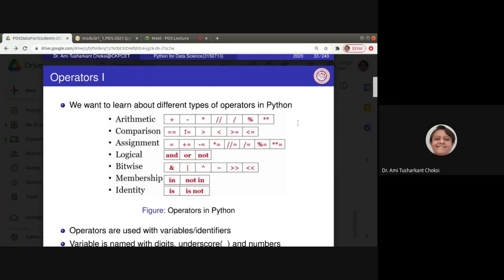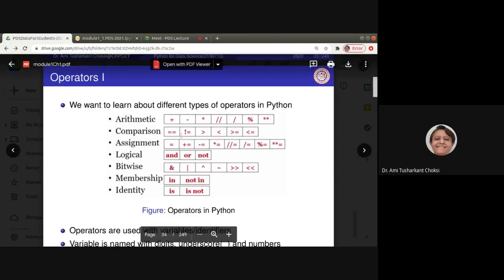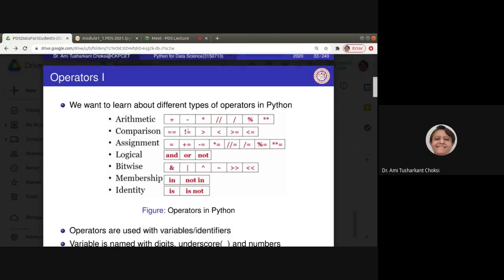Okay. Then after comparison operator, equal, checking whether this is equal to this or not. Not equal. This variable is not equal to this variable. Greater than, variable 1 is greater than variable 2 or not. Less than, greater than or equal to, less than or equal to, right? Then after assignment. For assignment, simple assignment, that means a is equal to 5.